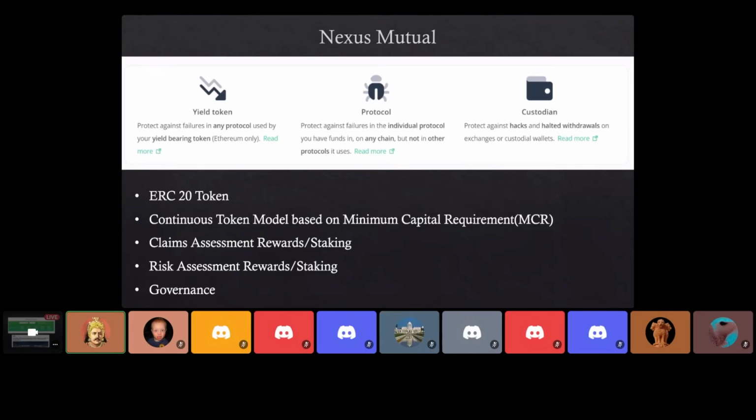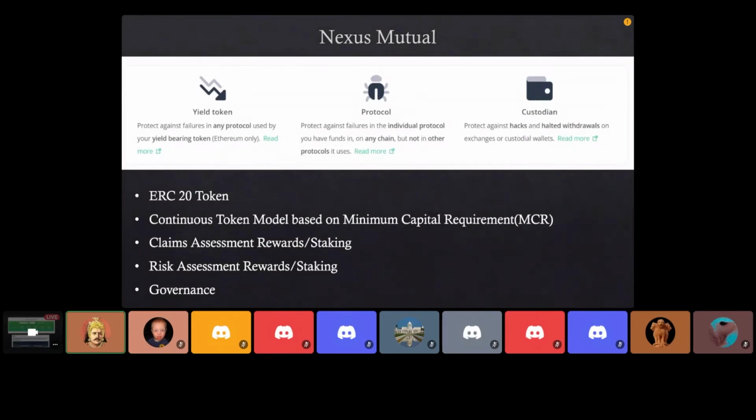This is an important thing for Nexus Mutual because they are setting very detailed terms and conditions, and for the claims assessment to be done, there should be a claims assessment panel of users who are helping the protocol assess the claims. They'll be provided rewards. But there is a chance that there might be unintentional or malicious intention from the claims assessor to go in a wrong way to benefit a particular claimant.